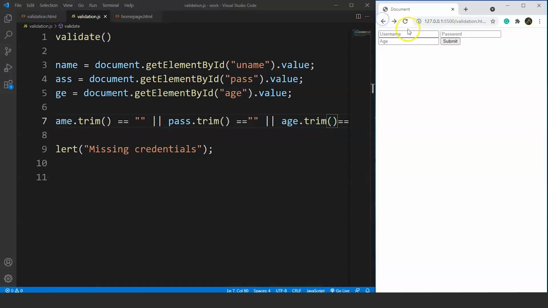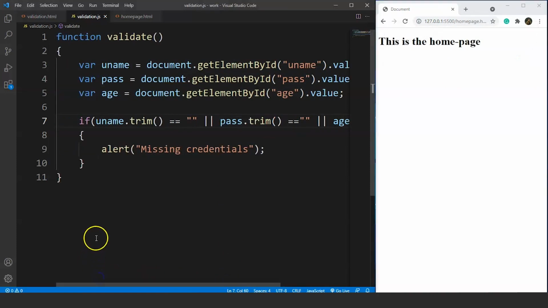Now move back to our sign up form, and if we try to give more than one spaces here, and let's say the age is 4, submit it, you can see it says missing credentials for more than one spaces as well. So this is working totally fine. Now the following condition will be for validating the name. Let's say the required name is Kaushal or anything else. The required password is let's say 12345, and the age should be more than 13. Then only the user can enter the website.